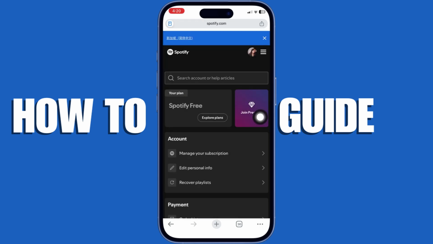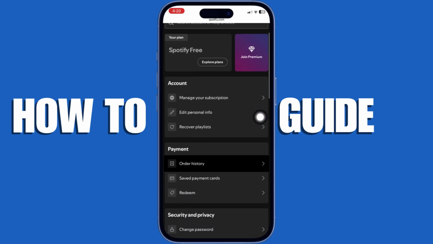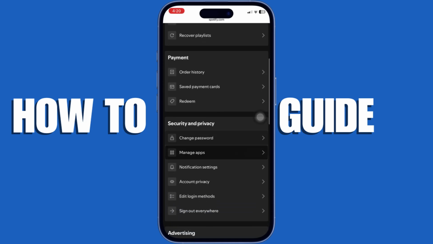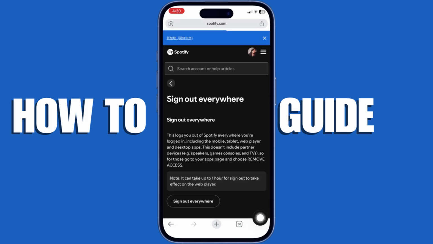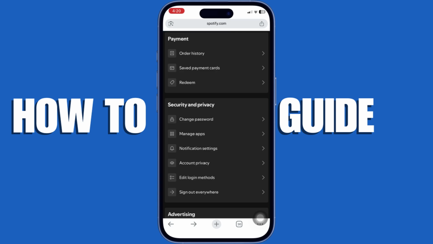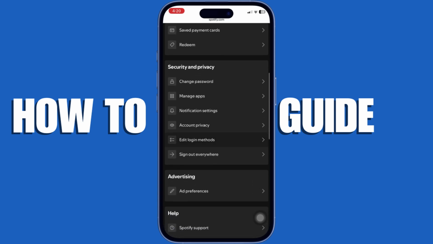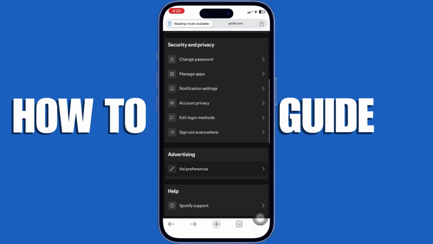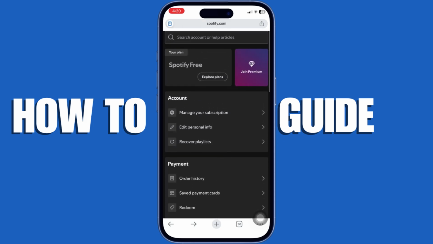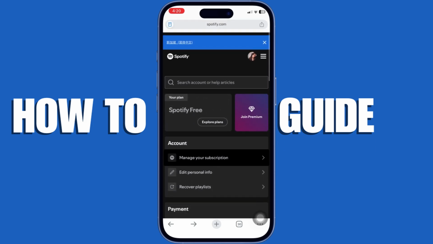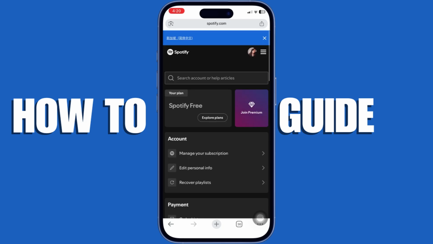After that, log out of Spotify on all devices, reopen the app, and log back in so the new Spotify country update takes effect. This method helps fix issues like unavailable songs, wrong charts, or region-locked content. And once done, your Spotify location will stay updated as long as you continue using Spotify in that country.